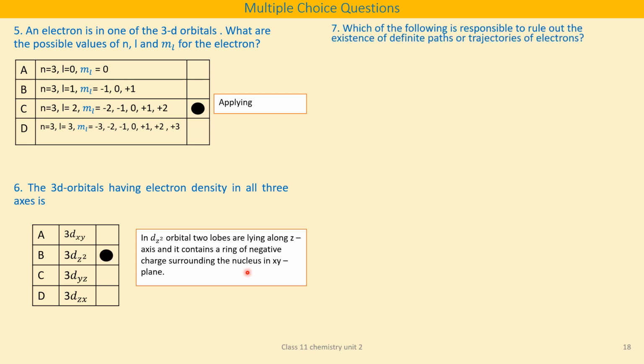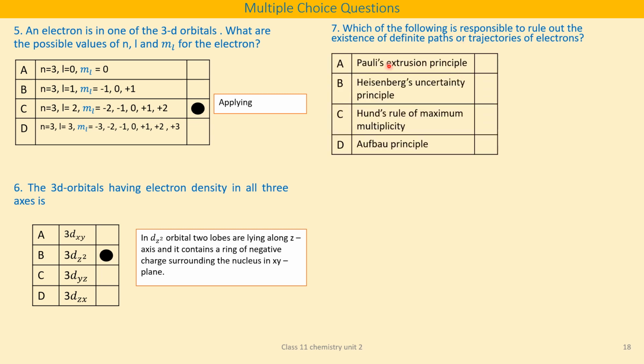Mark it. Next question. Which of the following is responsible to rule out the existence of definite paths or trajectories of electrons? So, you have to read the question again. Four options are given. One is Pauli's exclusion principle. Option B is Heisenberg's uncertainty principle. Option C is Hund's rule of maximum multiplicity. And option D is